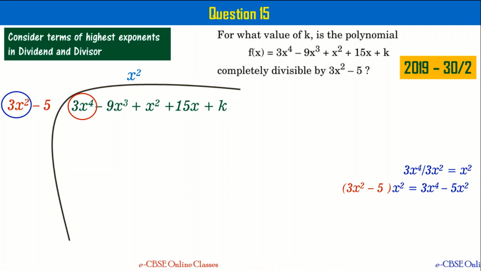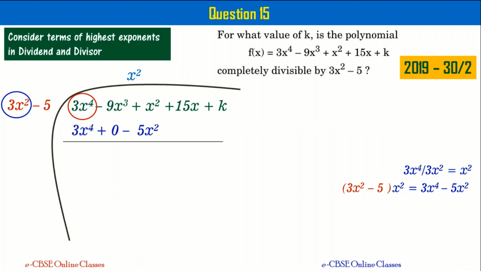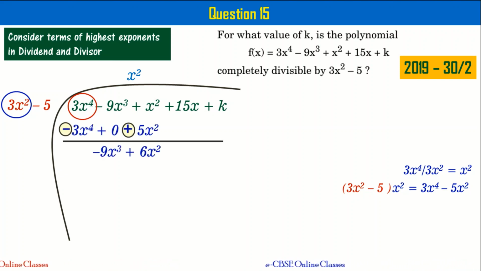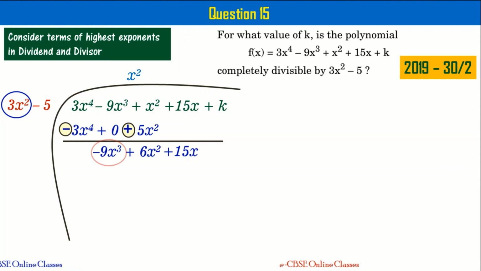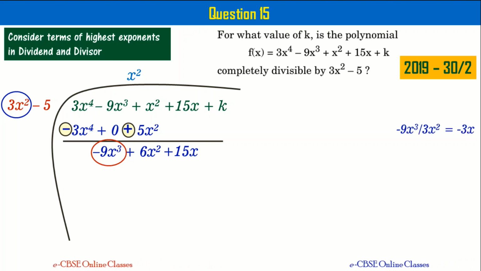Answer is 3x power 4 minus 5x square. You subtract that from the previous expression such that you get minus 9x cube plus 6x square. Let me now bring 15x down, and from this expression you have minus 9x cube as the term of highest exponent, right? Let me now divide minus 9x cube with 3x square. Answer is minus 3x. This minus 3x has to go as part of quotient at the top as shown